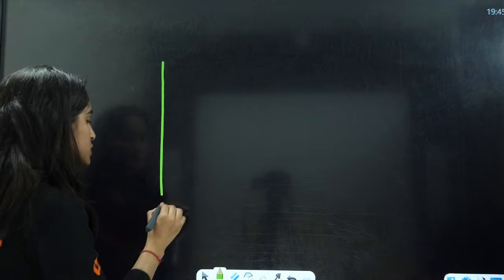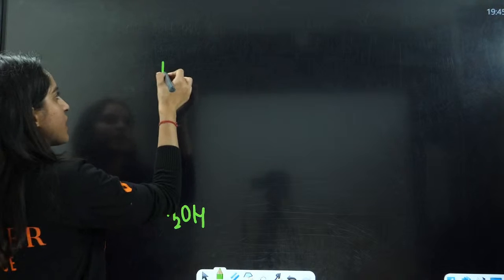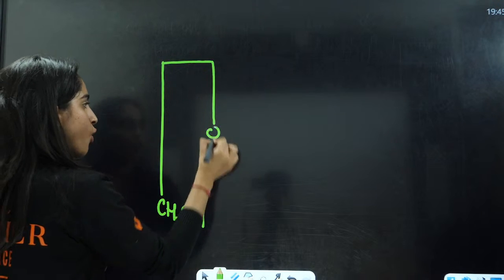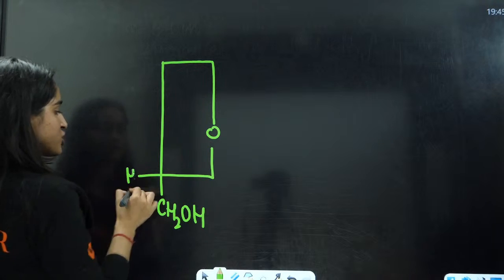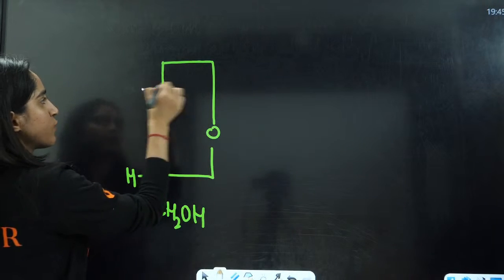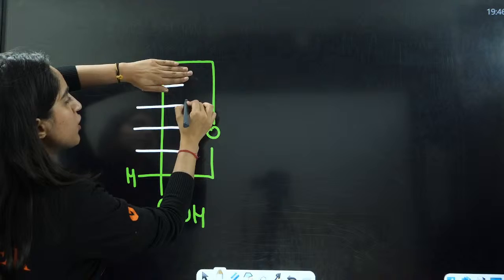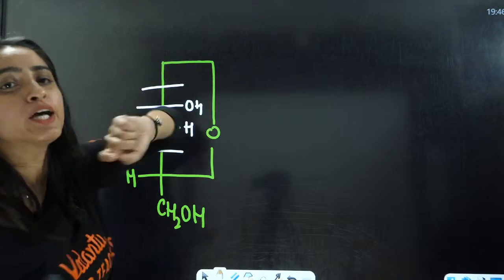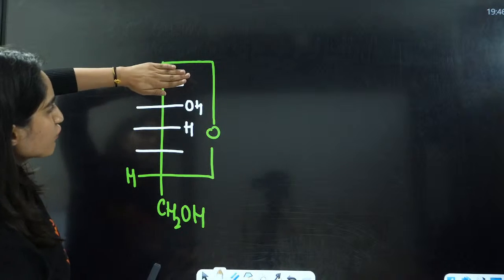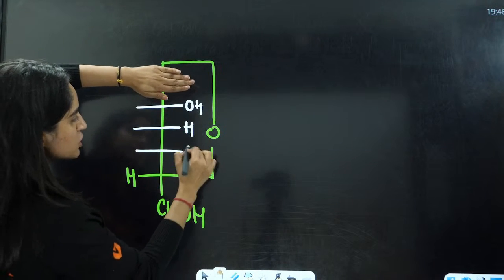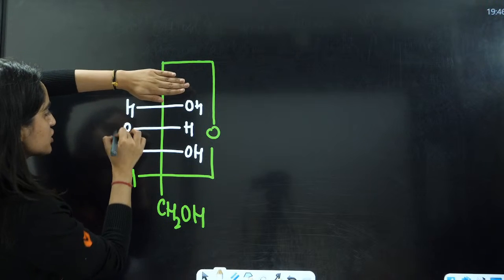Let us see this. Now you have the alpha structure here. Okay, draw the alpha structure. Draw this one line, everybody with me. Draw this one line CH2OH. Then draw the structure here. This is O, right? And this is the linkage. That is H, right? Now you need to draw 4 lines here. 1, 2, 3, 4. Right? In glucose, in the second carbon you have OH. Then you have H. In glucose you have hydrogen on the right side in just carbon number 3, right? So draw it. Just forget about this C1, right? OH, H, and this is OH, right? H, this is OH, and this is H.